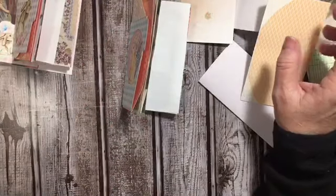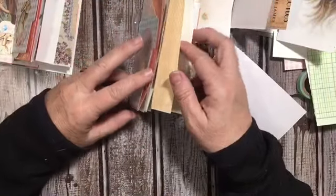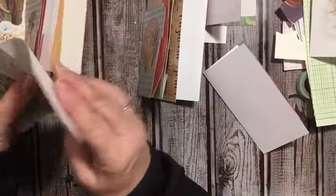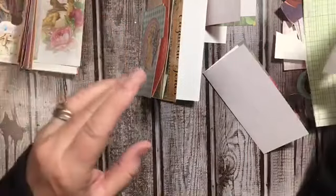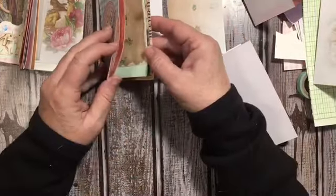Okay, so I'm thinking we'll go ahead and let's. Okay, so we have this. And we have this. So this I want in the second signature because it's the matching piece of the cover. And this we'll put in the front signature. And then we'll add these turned around. Okay, so that's that one. And this one already has...